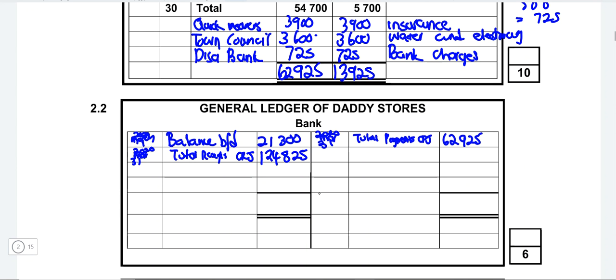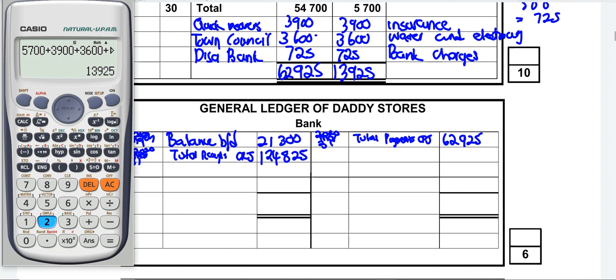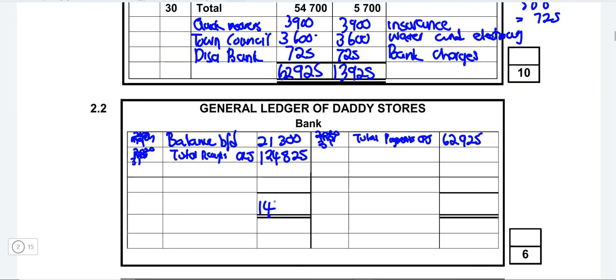And then from there we check between the two which side is the biggest. We use it to balance. So if you say 21,300 plus 124,825, it's going to give you 146,125. So we'll write that 146,125 here,